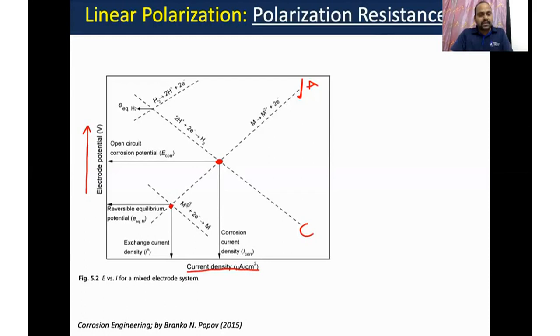Now, at E corrosion, the rate of oxidation equals the rate of reduction and is equal to the corrosion rate. So we can say I corrosion is equal to I oxidation of the metal, which is also equal to the I reduction of hydrogen. When the electrode is polarized, the overpotential is written as eta equals E applied minus E corrosion, because E corrosion is at equilibrium, right, at 0. So at an applied voltage, if we calculate the difference, we can get the value of eta. So overpotential can be calculated like this.